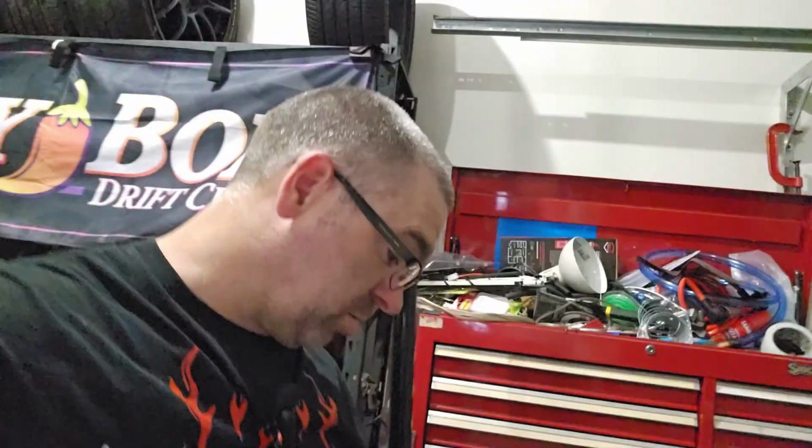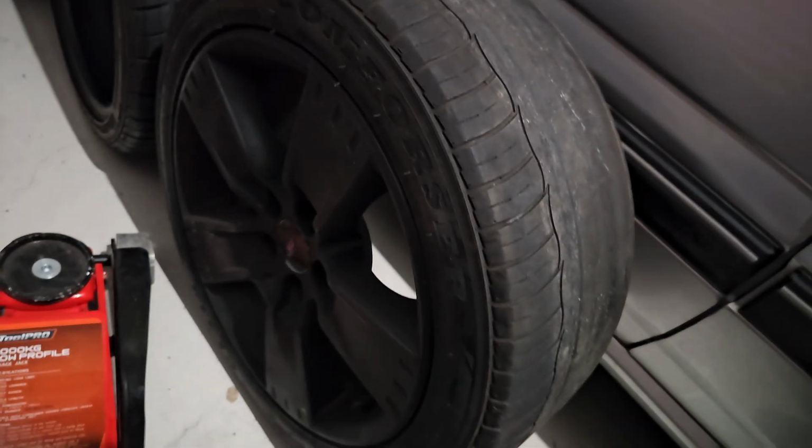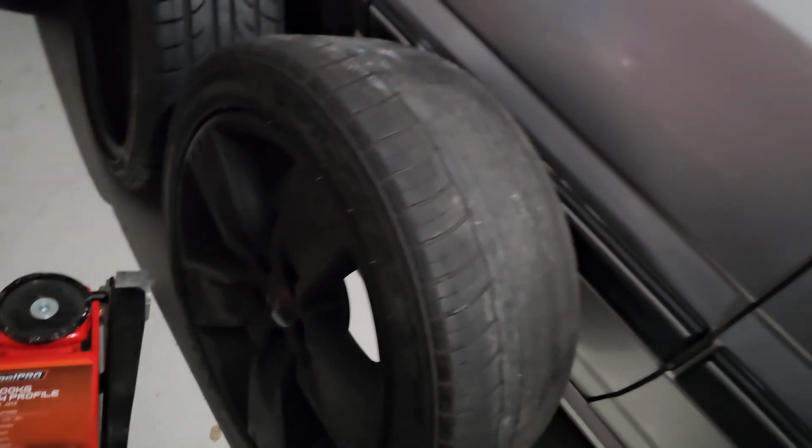There's 2 there and there's 2 on the car. I've got the Ford rims, which I've got down here. I've got these that are the 17s, the Falcon rims, a full set of 4 of them. I've got a full set of 4 of these. I've got a set of 4 of